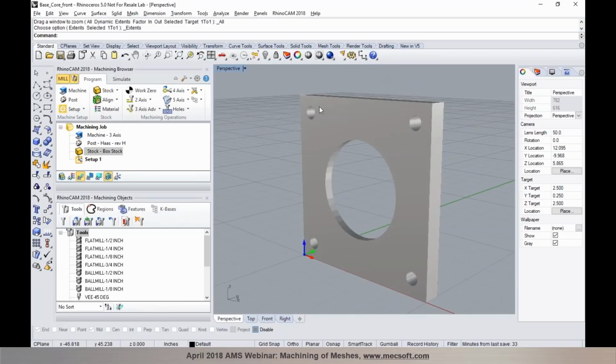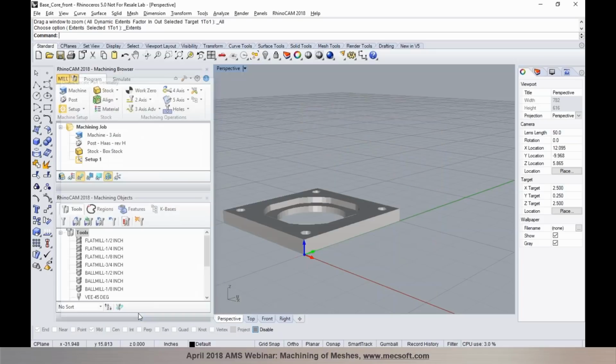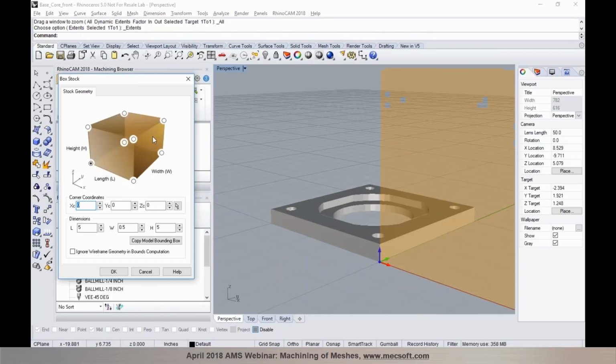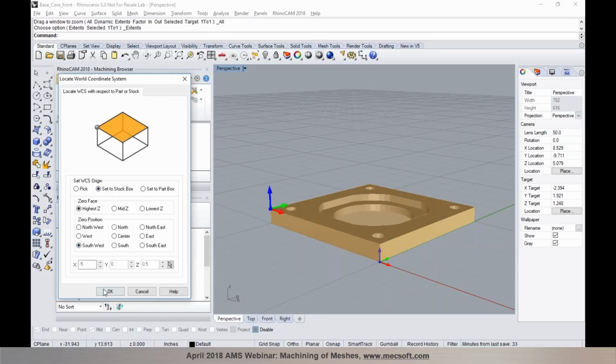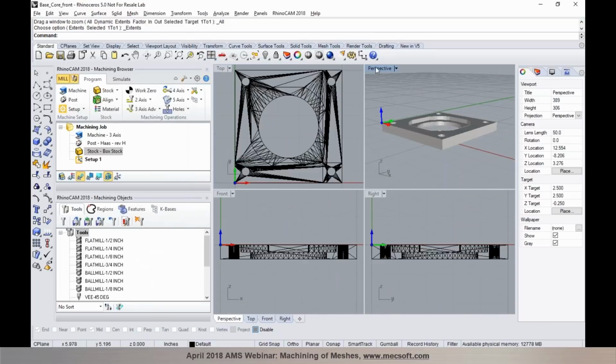Once you have the model units established correctly, you can orient your part for machining. I can choose the orientation by using the orient part command in the RhinoCAM machining browser. Under the setup, you have the orient geometry, and you can orient it right here. Then you can define your stock material. Go to stock, box stock, it computes the stock, and then you're pretty familiar with how you can establish your origin by going to set world coordinate system. You can choose to establish the origin to the stock box, high as the southwest corner. Now, when you're working with mesh,